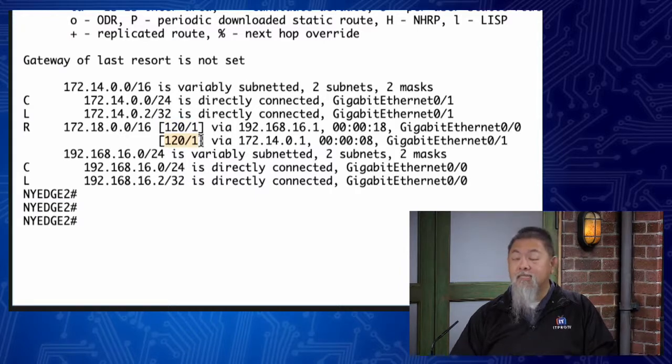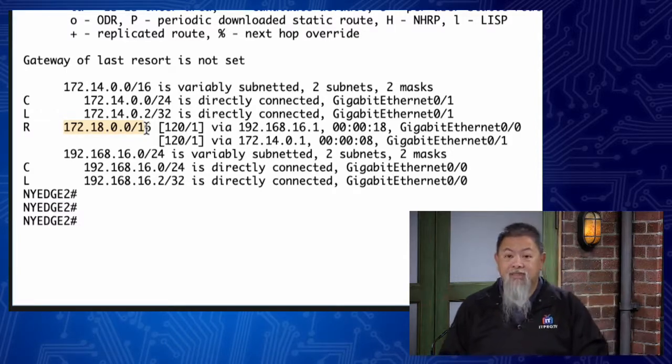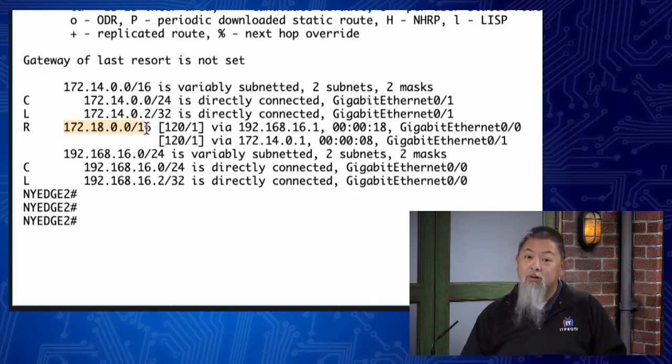And the information says it's equidistant to 172.18.0.0, and instead of getting rid of one, it says you can take either one and it will get you there. Just like Vaughn's example of Google Maps or whatever maps you choose to use, it can show you multiple routes and say, hey, there's really not a bit of difference between these. Let me just show you both of them and you choose which one you want to do,